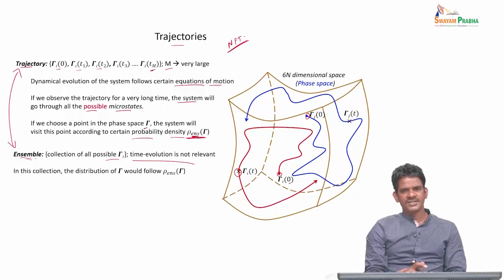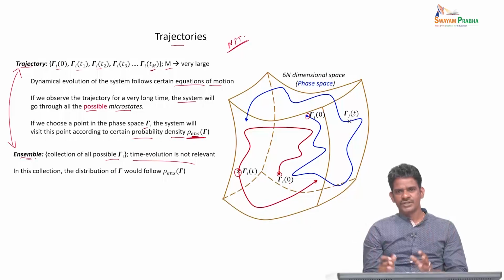In that sense, an ensemble has no information about the time sequence of the microstates the system evolves through. A good example for understanding trajectory and ensemble is this: let's say you go to a function and record a video of it, and you can see who came first, who did what, and the entire time sequence can be obtained. That's one way of looking at the party happening. The other way is that a photographer takes different pictures without any timestamp, and at the end of the day he gets all these photographs, and then he mixes them up.